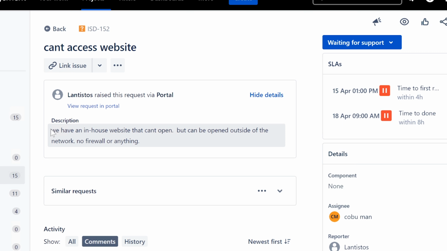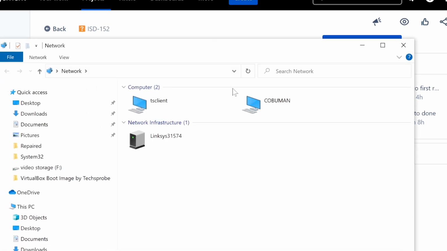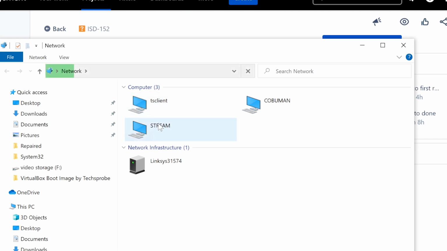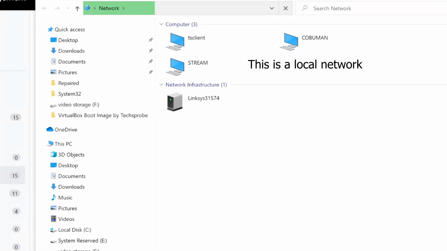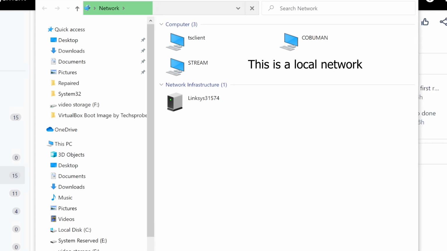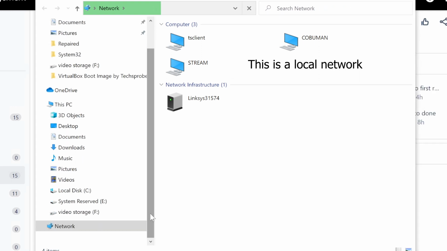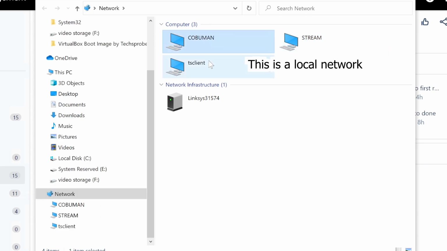It's kind of weird when you're on the local network. So what that means is, let me see what shows up in my network. See, here is my network, and if you are on a company's network, you open up network. See this tab down here? It says networks. I'm going to move it up here so you can see it. So this is just the Windows Explorer open, right? And you select network here. It's going to list all the computers that are connected on the network that you have the ability to see. This is considered your local network.